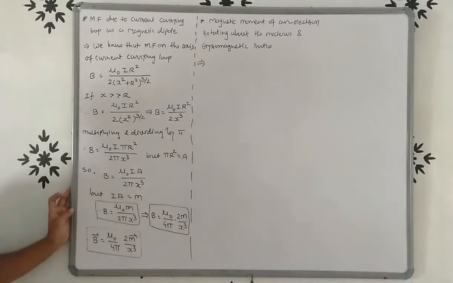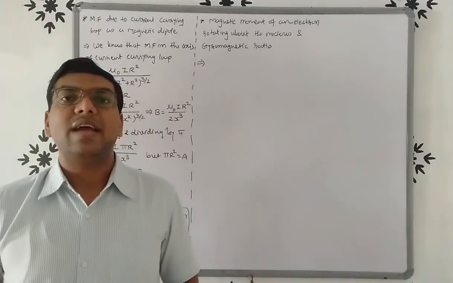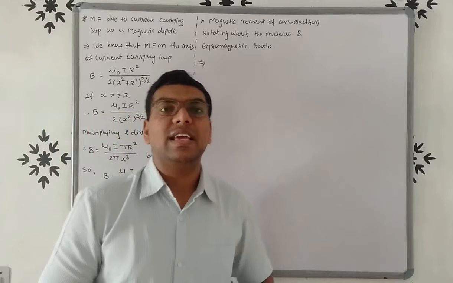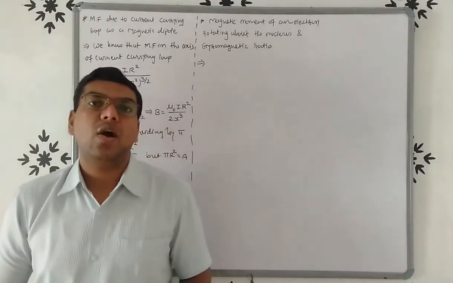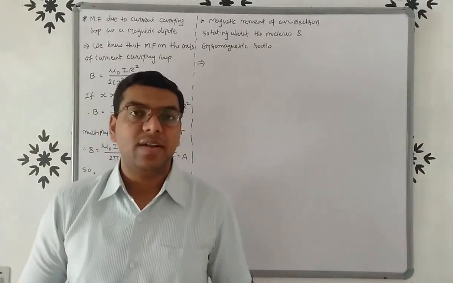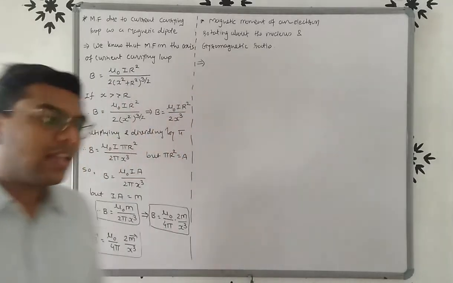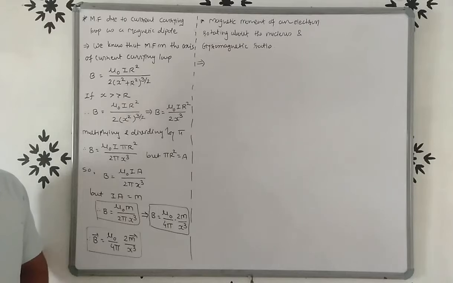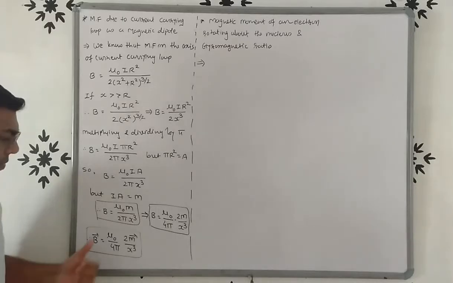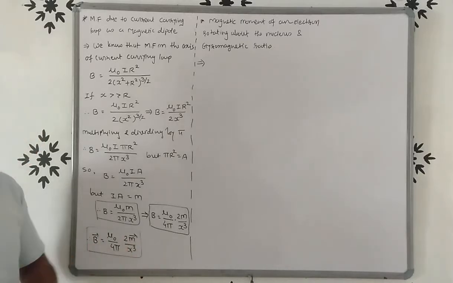So this is the formula of magnetic field, right? Now see friends, for the electric dipole we derived the equation of electric field E is equal to 2kp upon r cube, right? So we already derived the equation of electric field for a dipole, 2kp upon r cube. See, this equation of magnetic field is quite similar. Instead of k, here we have mu 0 by 4 pi, and instead of electric dipole moment, here we have magnetic dipole moment.